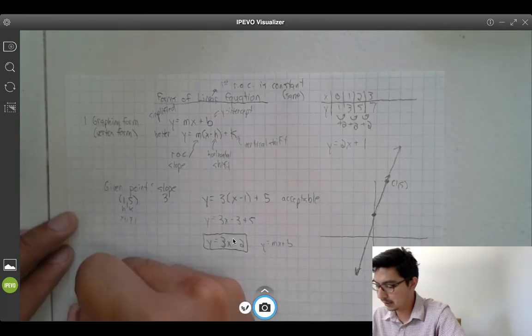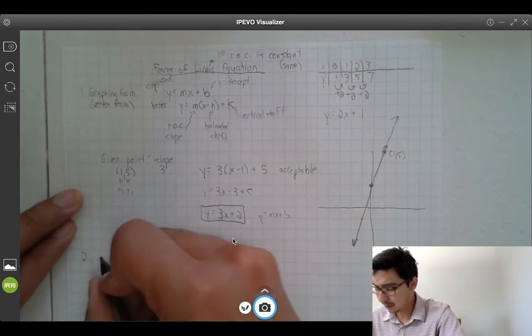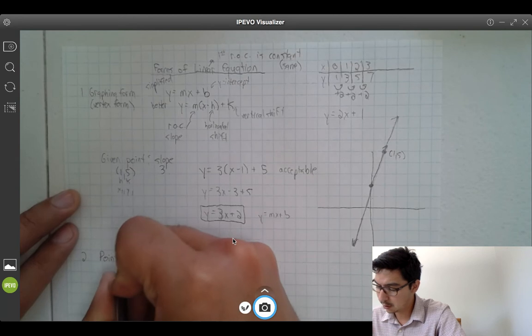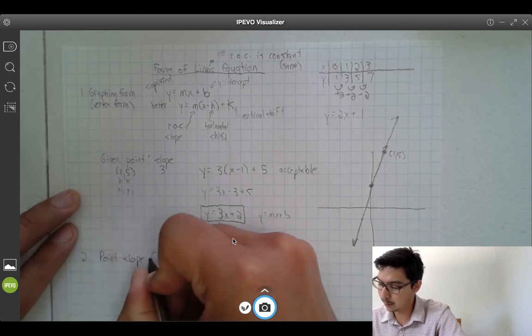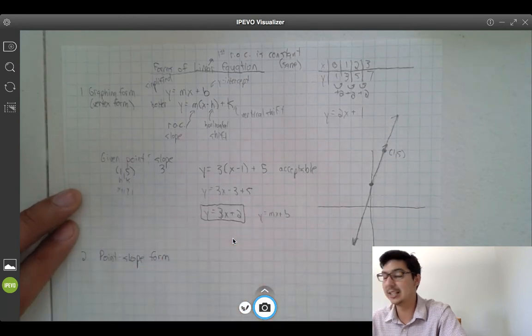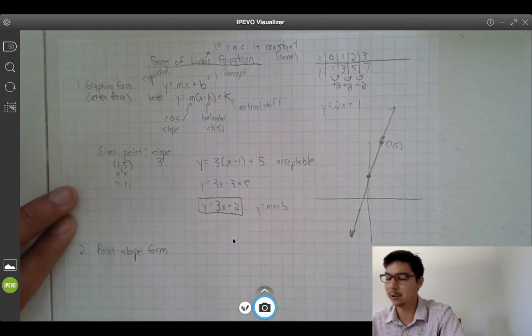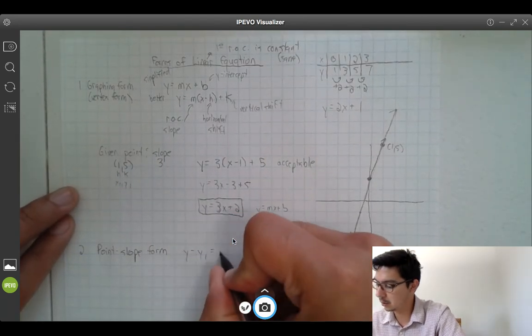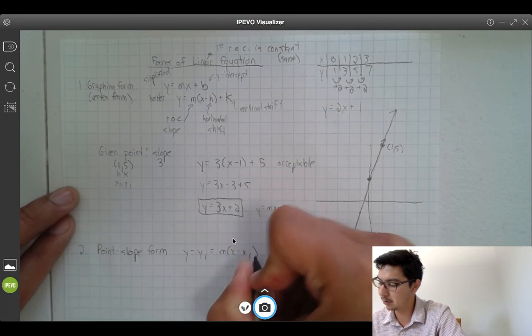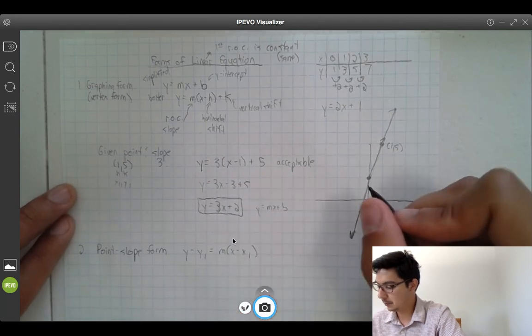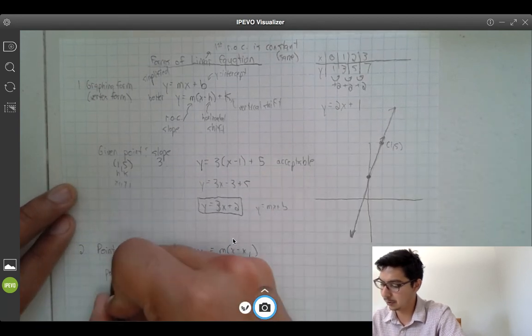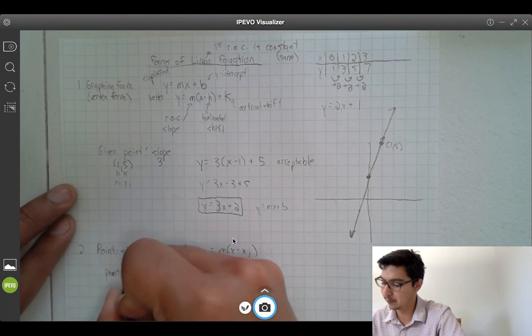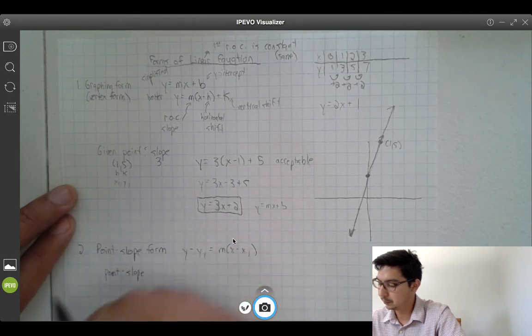Now the new one isn't that much different, and that is called point slope form. But this one comes in handy the most because it really creates the least amount of work for us on writing equations. And it's written as y minus y1 equals m(x minus x1). All right, so if you're given a point and a slope, which is where the name point slope form comes from,